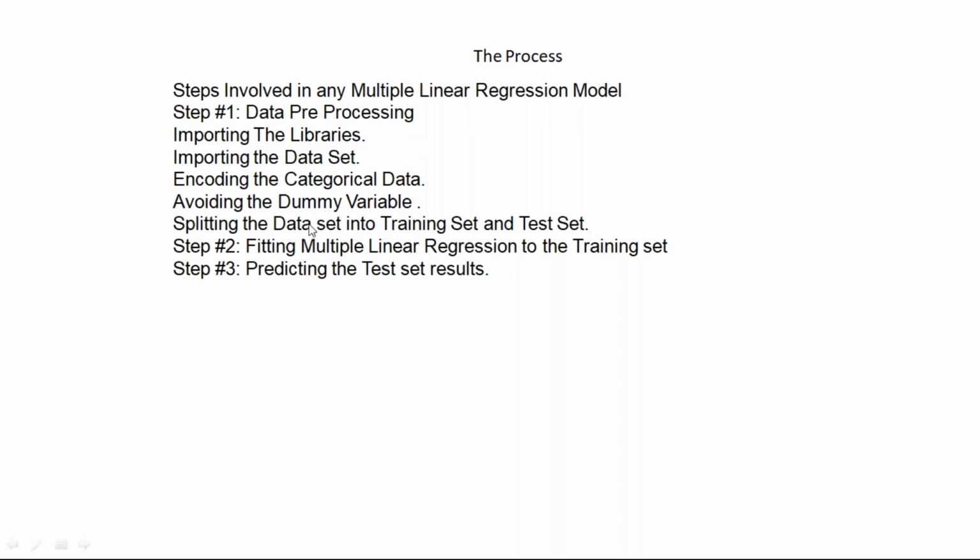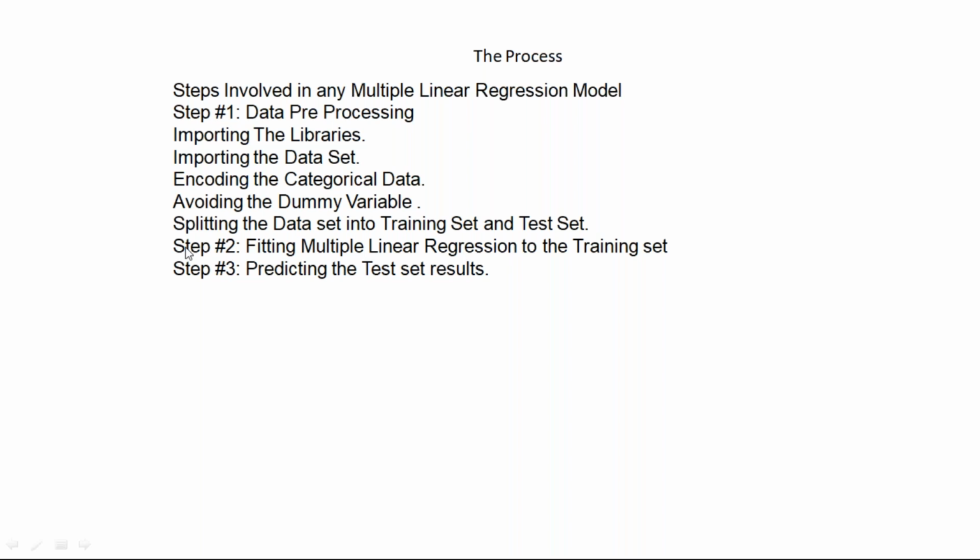and avoid the dummy variables. These dummy variables are nothing but the variables that we get after encoding the categorical data. Then we need to avoid them whenever we are about to train on the data set. That means whenever we go into the algorithm for splitting, like for training and testing purposes, we need to avoid those dummy variables. After avoiding them, we can get the original data, and the next process is